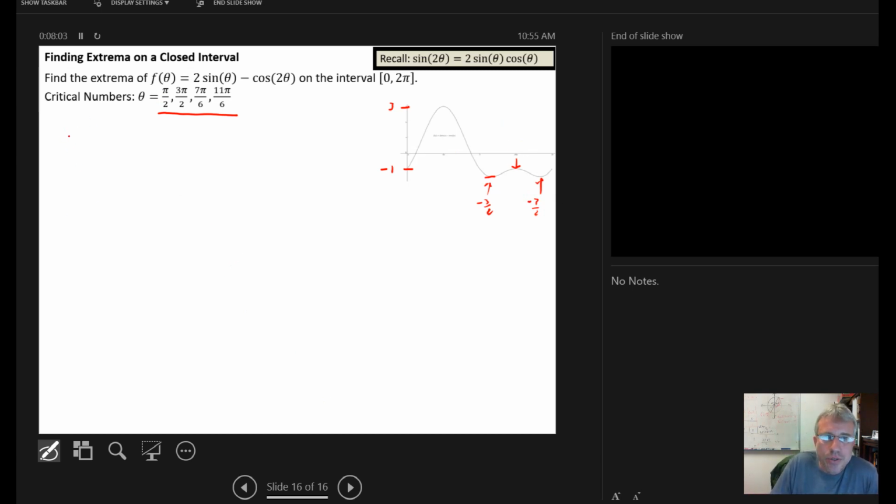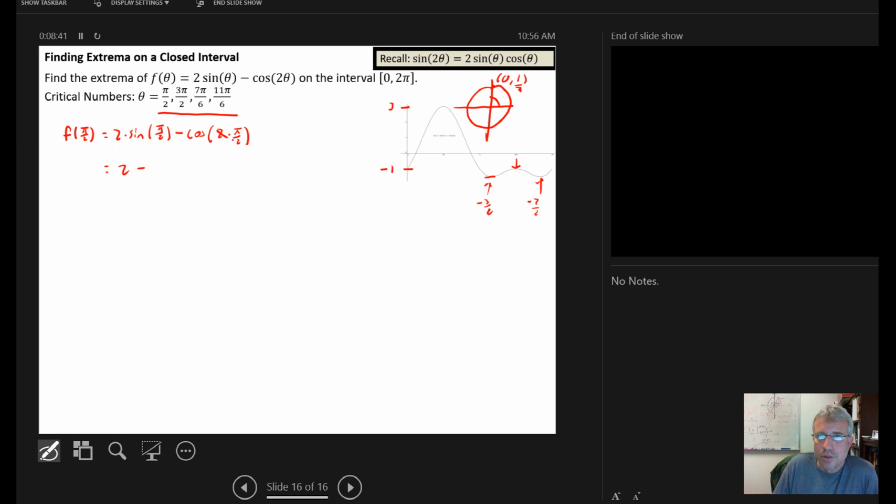So plugging in the first critical number, we do f of pi over 2 is equal to 2 times the sine of pi over 2 minus cosine of 2 times pi over 2 equals, so the sine of pi over 2 is going to equal 1, right? Because on the unit circle at pi over 2, we have the ordered pair 0, 1, and the y-coordinate is the sine. So we get 2 times 1 is 2,